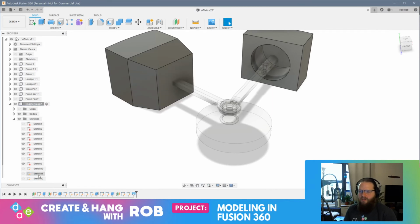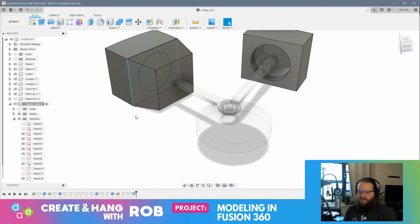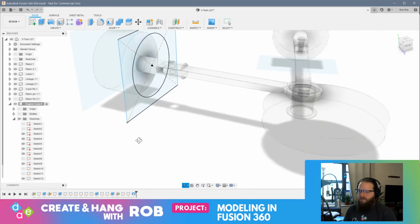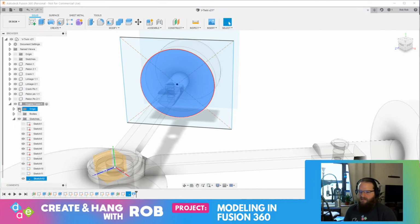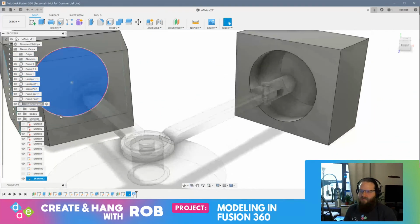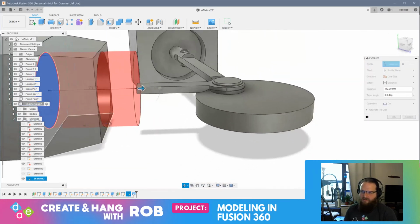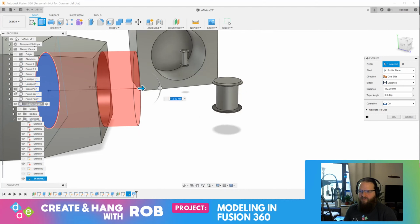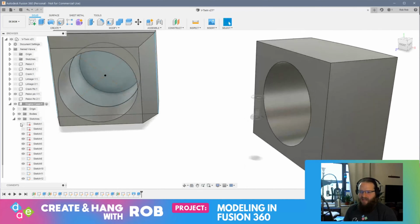Okay, so now, if I turn this sketch on, and I grab... Let's see. So if I grab... Where's the circle? If I grab that circle, I put the bodies back on. Right? What I should be able to do is extrude this and cut this out. The only thing I'm going to need to do before I do that is shut everything else off, or else that too will be cut. So now if I do that, I should now have...